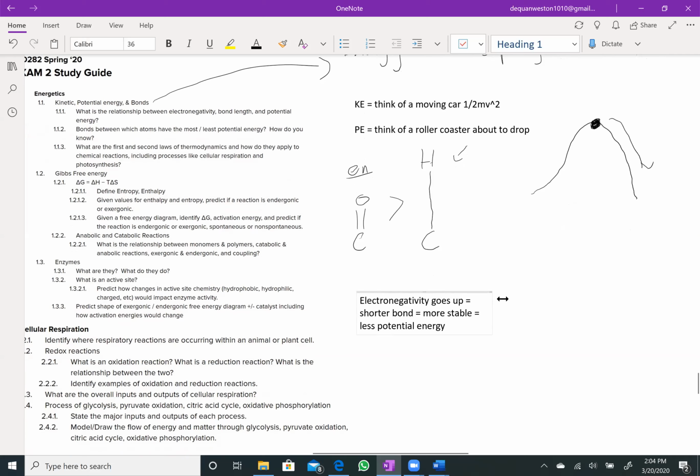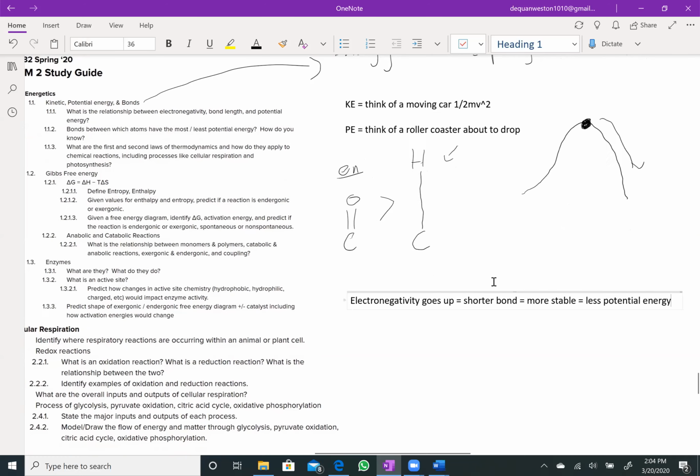This is kind of a way to memorize this. As electronegativity goes up, the bond length is going to get a lot shorter. And that shorter bond length is going to be a lot more stable, and there's going to